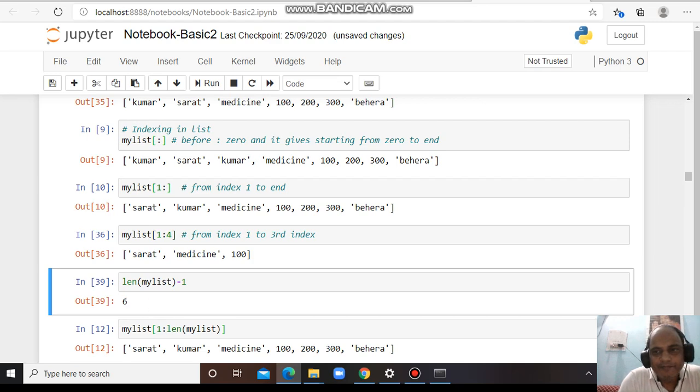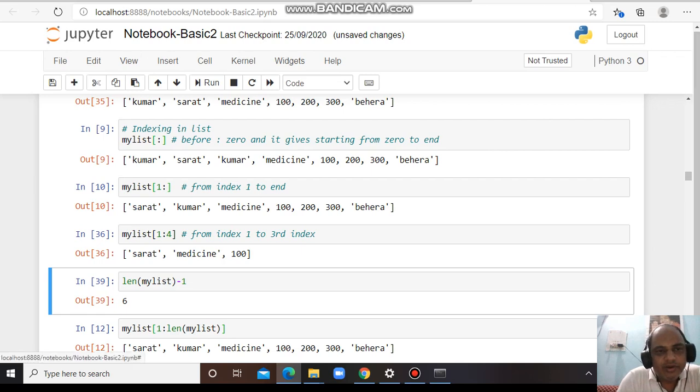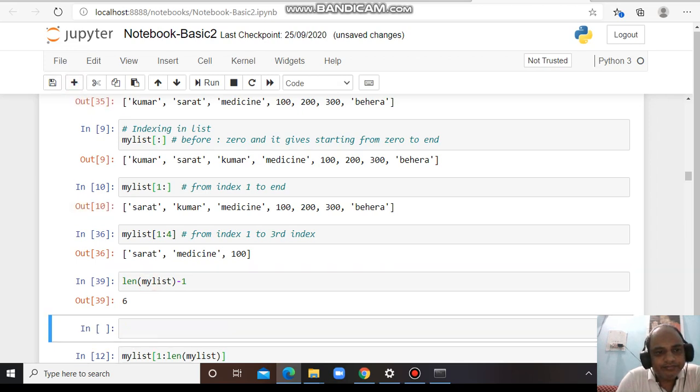So if I want to print starting from the third element to the end, what can I write? I can write my list, then the colon, starting from the third index, so I put 3, and to the end, all indexes, means the length of my list.